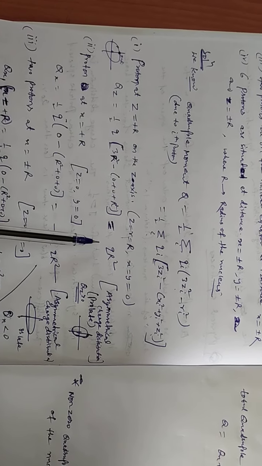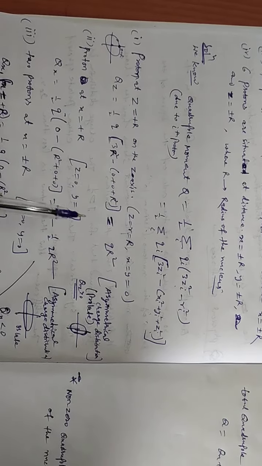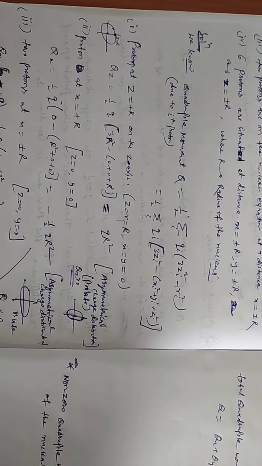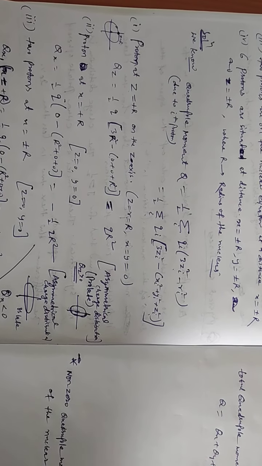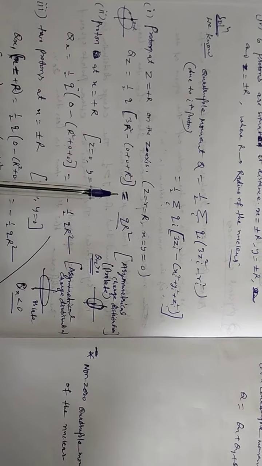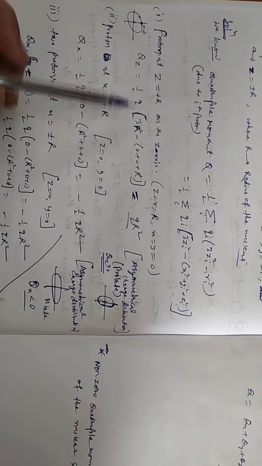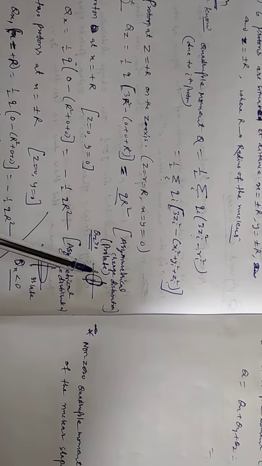First of all, we do the exercise mathematically. Then after that we will discuss the physics behind taking this example. So this is the one case which is not equal to 0, and we know that if the quadrupole moment is non-zero, then the charge distribution is asymmetric with respect to the center.